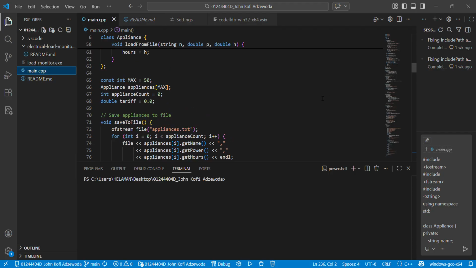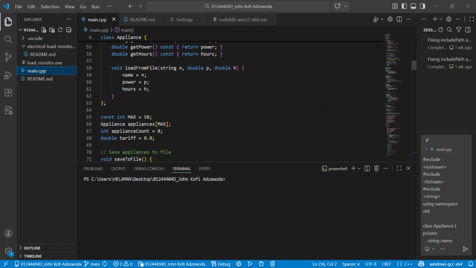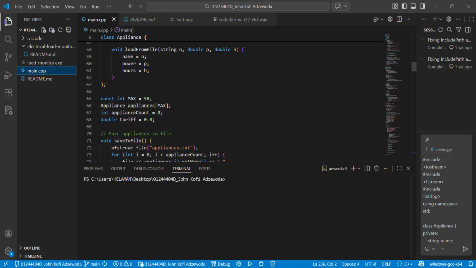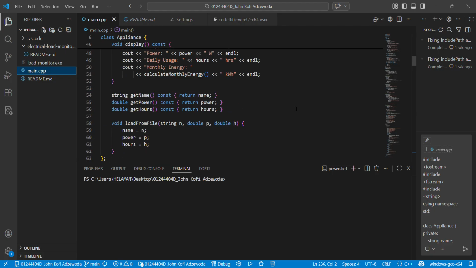When we look at the file storage, the system stores appliance data and the billing summary. This allows the system to keep data even after the program is closed. So we also create a system that keeps the data of all the things that we use during the day, during the weeks, and during the month,